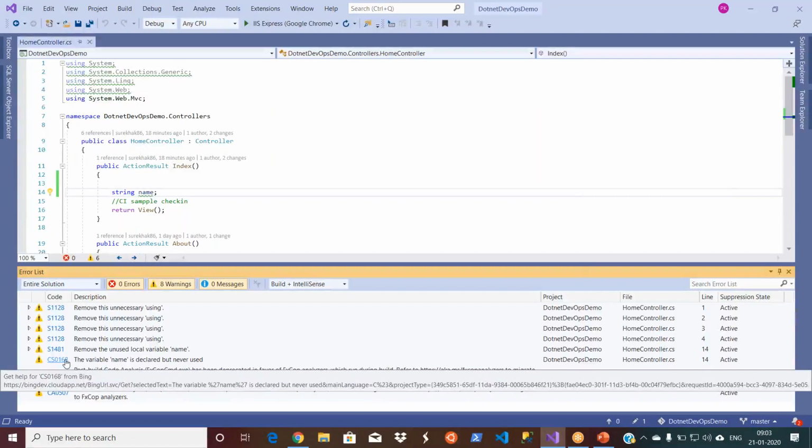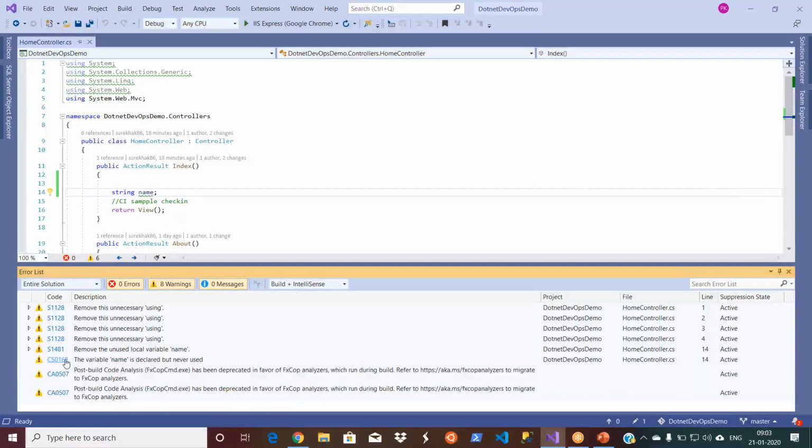Okay, this is how you basically do it. Whenever they do this, they will get all these options. These CS means C#. These are the code rule set that your SonarLint is using, because we connected our rule set on the server with our .NET project. This is simply to boost your productivity, but I can't guarantee, nobody can guarantee, whether people use it or not. But you can always suggest to people, hey, why don't you use SonarLint? It will improve your productivity.